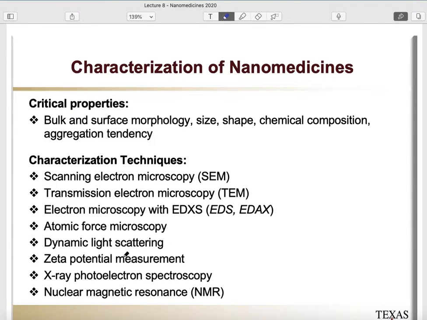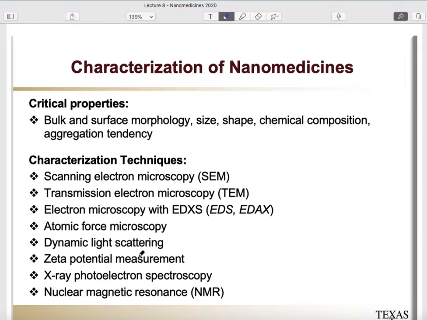In terms of dynamic light scattering, it works by measuring, or by estimating, the particle size as a function of the light scattering intensity. Light scattering is a function of the scattering angle, the particle size, and the refractive index of the particles and of the medium. It is limited to the study of nanoparticles that are in suspension and that have a